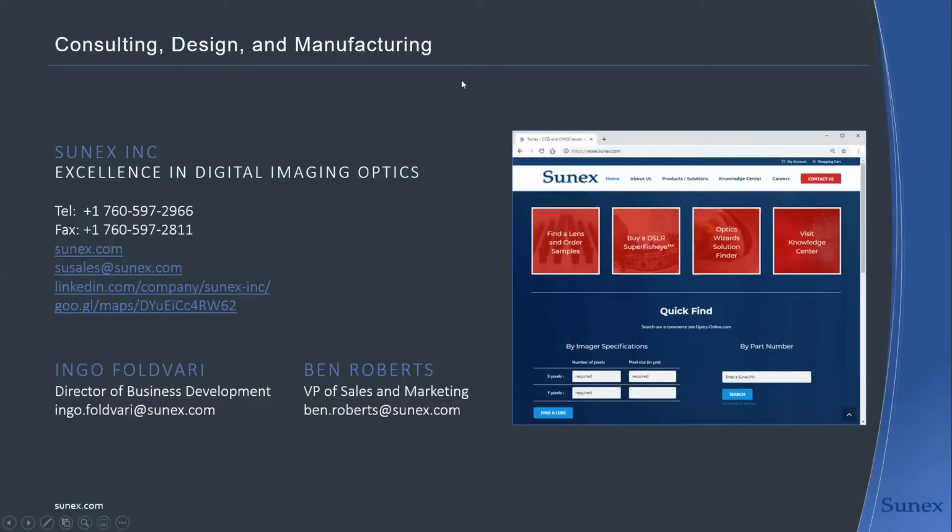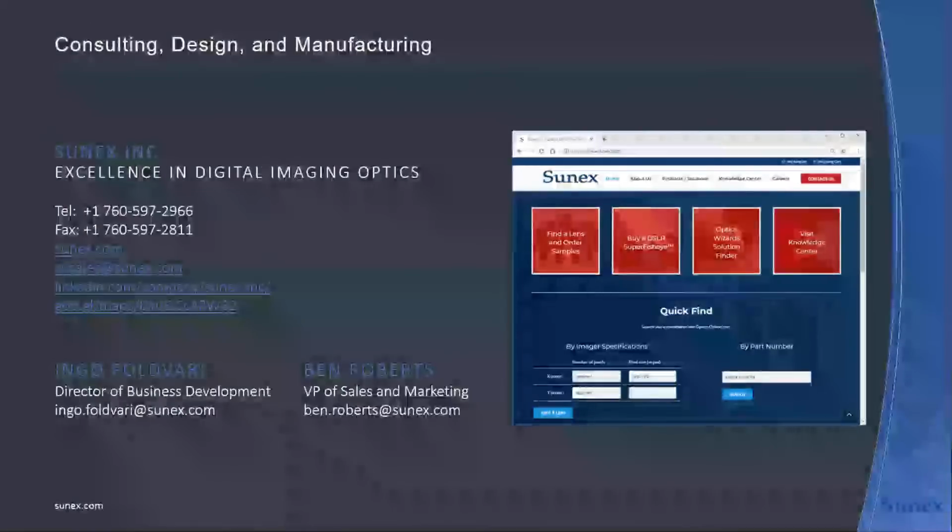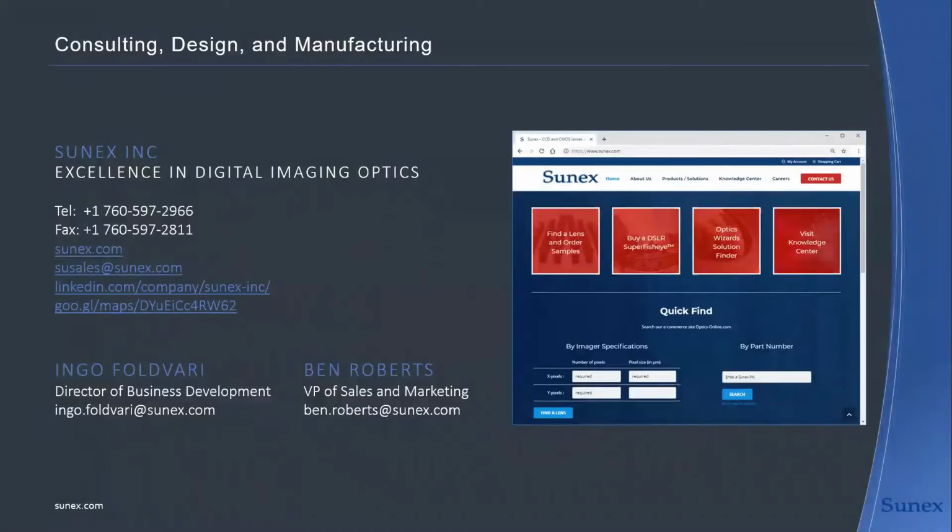Well, CRA is the chief ray angle, and everybody may be familiar with this because every sensor has a CRA spec. And the lenses that we sell in the spec data sheet online also have a CRA spec. And the question was, how does the CRA influence lens selection? And without going too deep into the technical side of things,